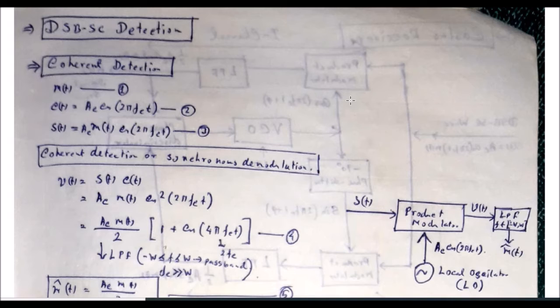That means at the transmitter some message is there, you are modulating that message by means of a carrier signal, that is Ac cos 2 pi fct. That means the carrier signal's frequency is fc. At the receiver you must have the knowledge of that fc, that means at which frequency your transmitted message is modulated. If you know that particular frequency, you can locally generate that particular sinusoidal or cosinusoidal signal having that frequency at your receiver.